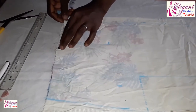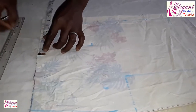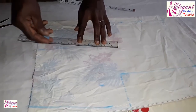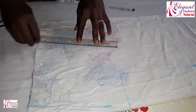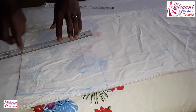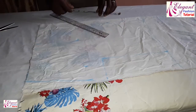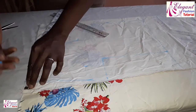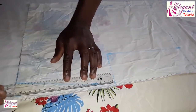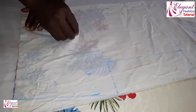Now, here I'll remove 1 inch here and 1 inch here. Then it will be joined to this bust point. Now the 1 inch I remove here, I'll add it back at this part. So now from this bust point,